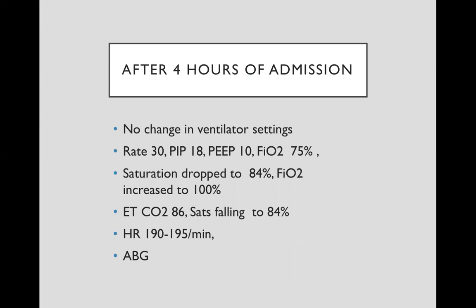Before I go to the ABG, I want to emphasize one point. At any point in time, when a ventilated patient starts to deteriorate by way of oxygenation or a rise in carbon dioxide, somewhere at the back of your mind there should be a DOPE which is to be ruled out. So tube in place, tube not obstructed, no pneumothorax, and your vent and tubings functioning perfectly all right, meaning your tubings don't have too much water, there's no disconnect somewhere, there's no alarm ringing somewhere. All those things have to be sorted out first. I'm not going to go through a pneumothorax and put an ICD because that is not a part of this